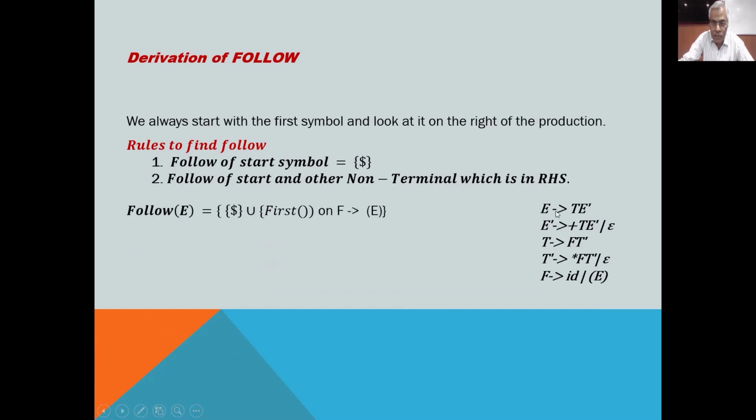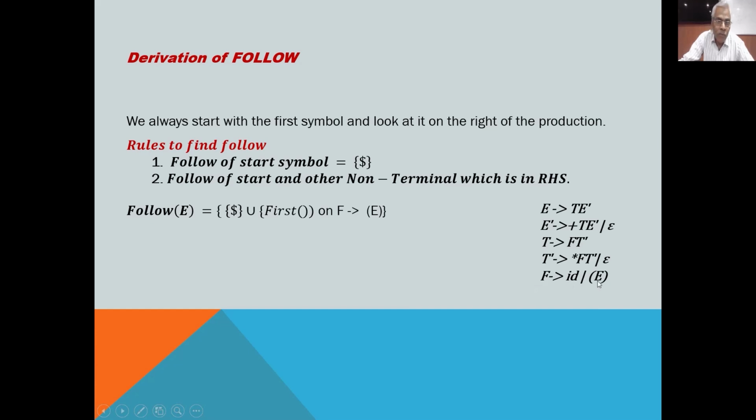The first symbol, we start finding the follow of each non-terminal from the first production to the last production. So we find the follow of E. Follow of E from this first rule, there will be a dollar sign due to the start symbol, and this E is also present in the right hand side of the given grammar in the last production